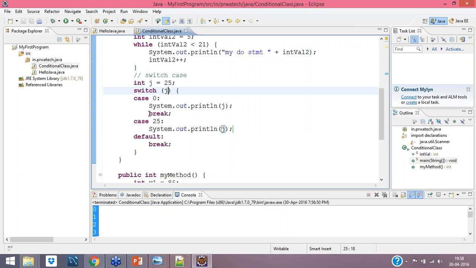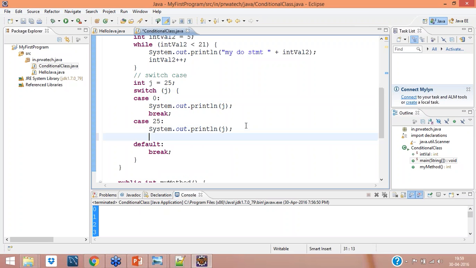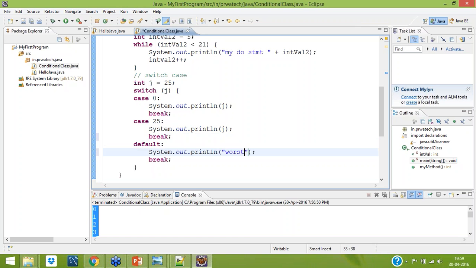Like you have multiple cases, as in if else, when the case equals 0 it will go here, when the case equals 25 it will come here, like that. Or else if you don't have anything, it will go to the default. Okay, and I have to write this break. If you are not having 0 or 25, it will go and print the default message. Okay, so let me run it.